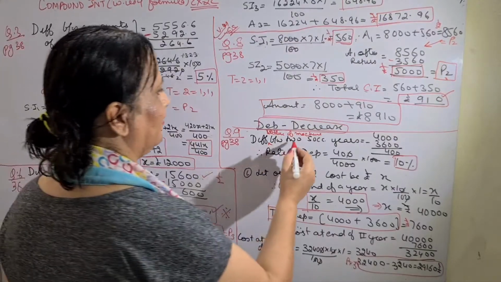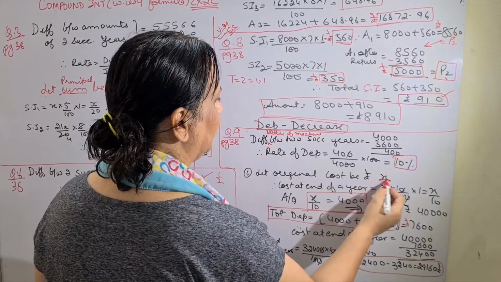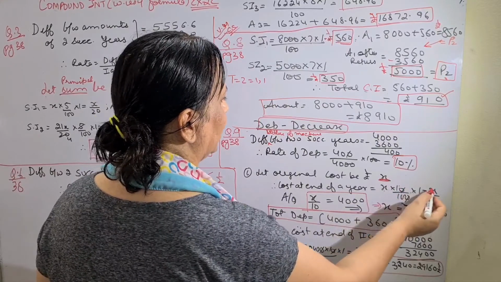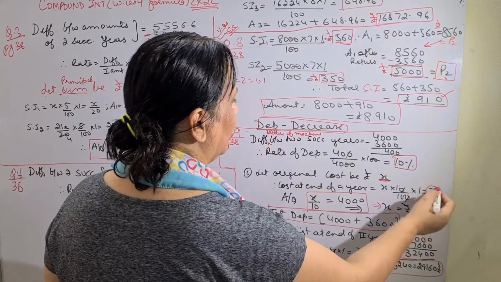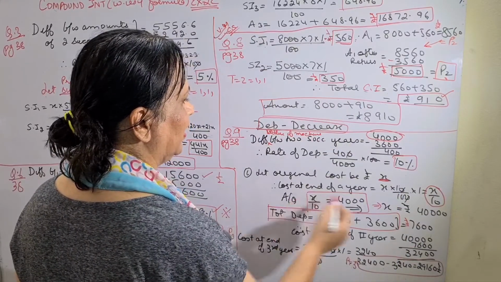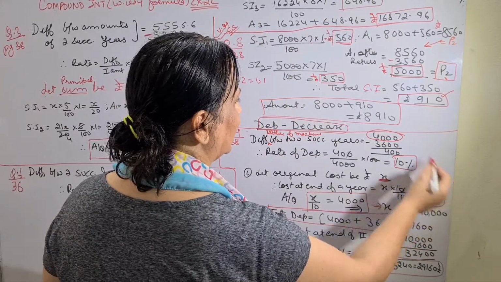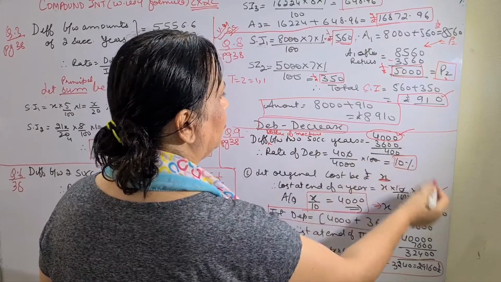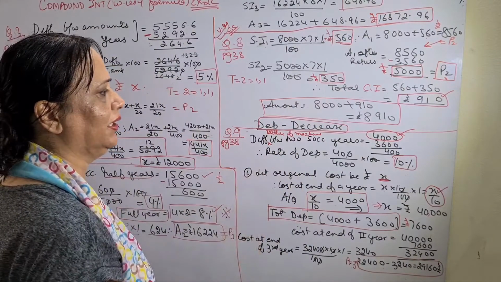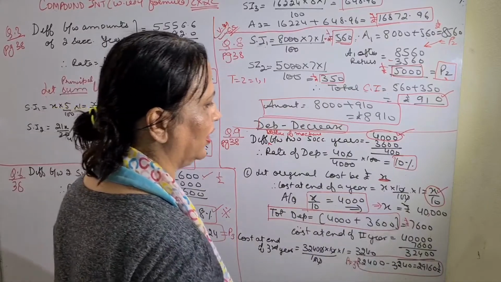See, SI1, this was first year depreciation, and if I take the original cost to be rupees X and 10% is the depreciation, so I will get X into 10 upon 100 is equal to SI1. This is my first value, but according to the question, my first value is 4,000. When I equate them, X is equal to rupees 40,000. Both are depreciation after first year, so I equated them and I got the original value.